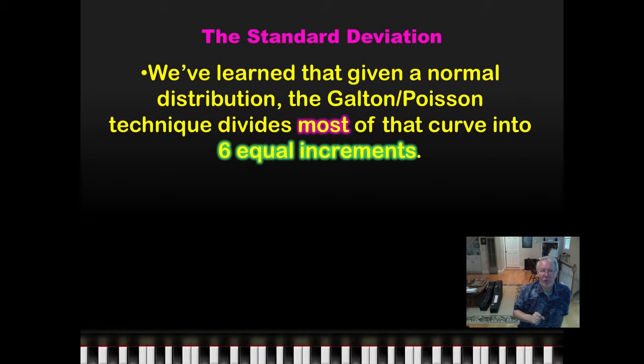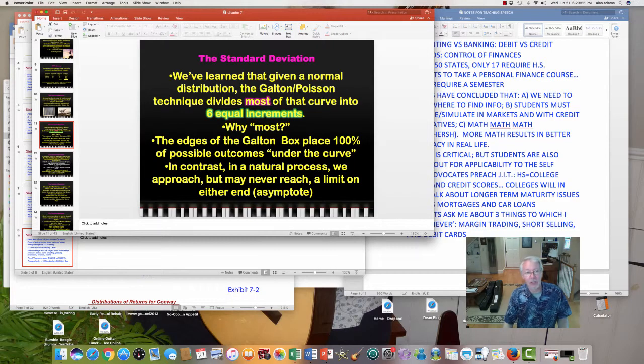Okay, but in both cases they are bell-shaped curves. So it stands to reason, keeping in mind that under that curve in the Galton box accounts for 100% of the possibilities. In a natural process, you won't reach 100% because there are no edges to that Galton box. Your possibilities can go out to infinity on either side. However, the odds of that happening are unbelievably slim, okay? So we're going to take any curve, I don't care if it's the tall skinny one or the long wide one, and split it into 6 different pieces, 6 equal increments, and each one of those is known as a